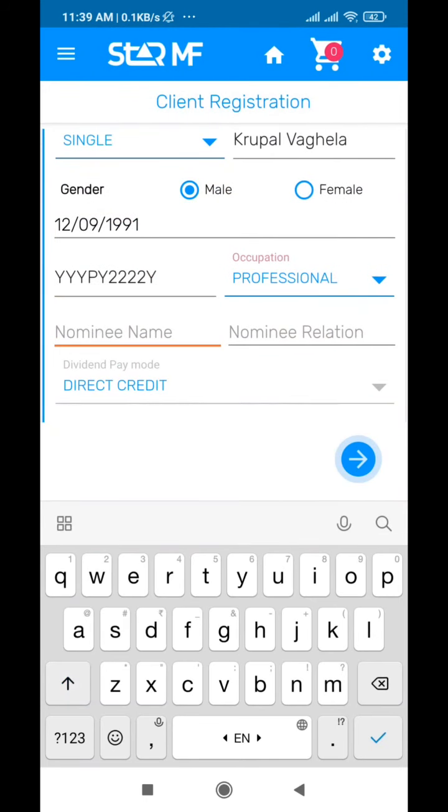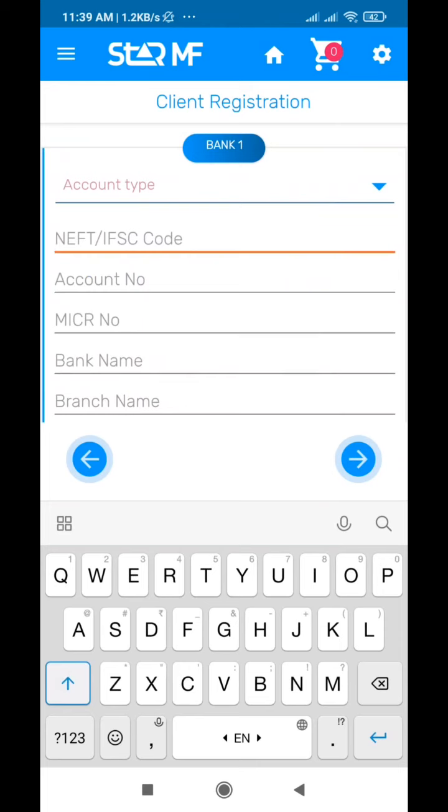Enter the nominee name and nominee relationship. Dividend pay mode will remain as direct credit. So it will remain direct credit by default. Then you can click on this arrow button.